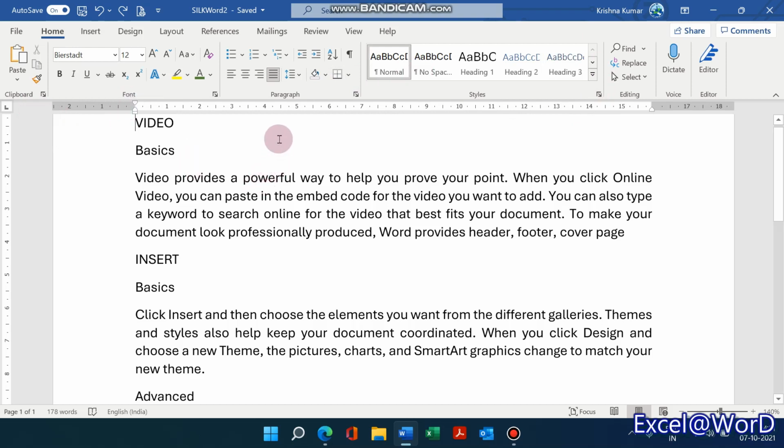Clipboard, font, paragraph, editing, voice, they're all small. Styles occupies the largest. That in itself shows how important styles is to understand.